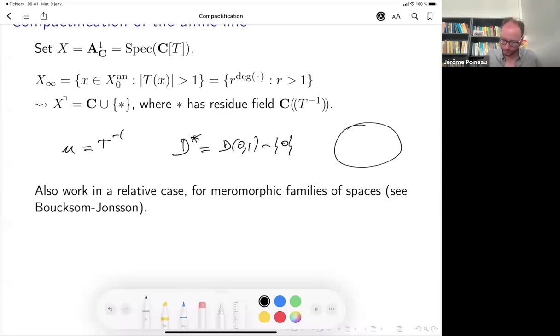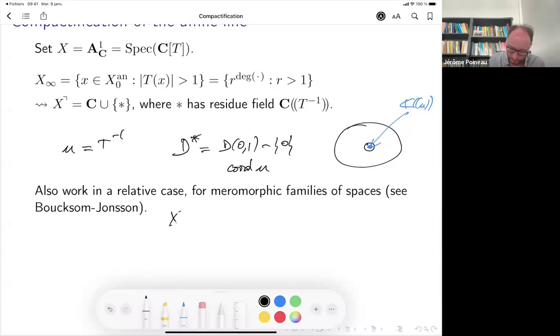And what you do, so you have some 0 removed here, and I add here in the middle my blue point with the residue field C double parenthesis, so I say U. So here you have coordinate U. Okay, so it's really the disk with a point missing, and in the center of this disk you plug in a point with this residue field. And this is what works, and this is what Buxon and Johnson do. Actually, in slightly different language, but you can do that in a relative way.